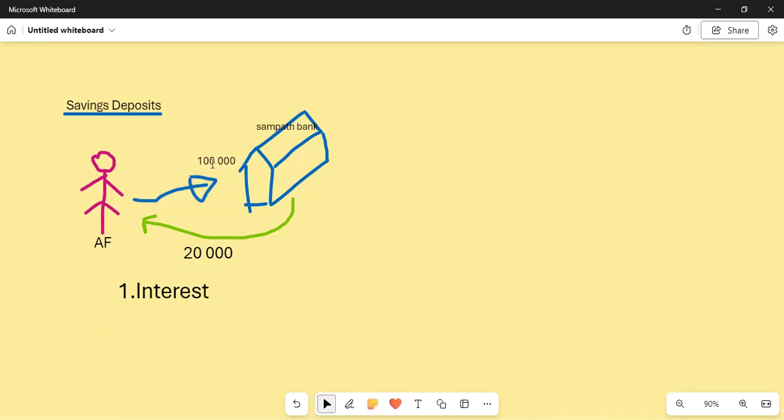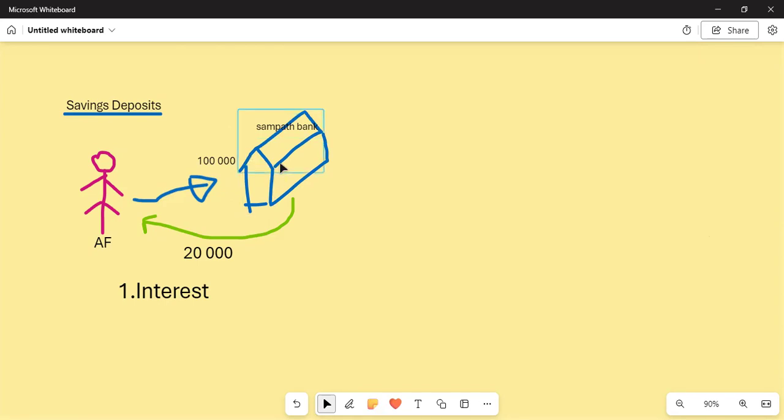So for example, say I am keeping this 80,000 for 6 months. For those 6 months, I am getting interest for the balance which is there in my account for a considerable time period. Did you all understand? For example, today it's May 19th. So yesterday, say I have gone and deposited 100,000.